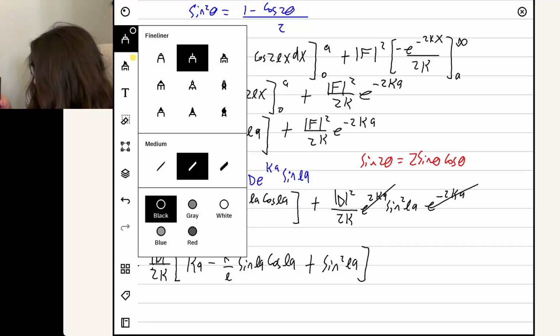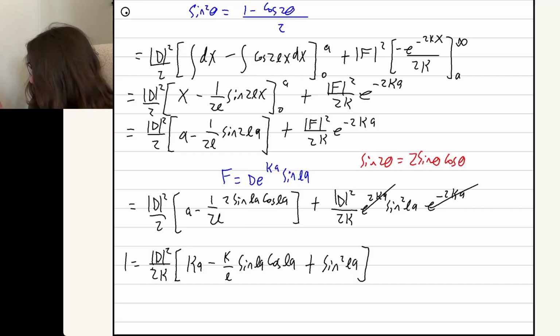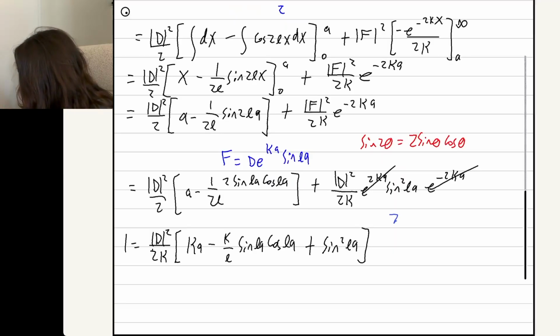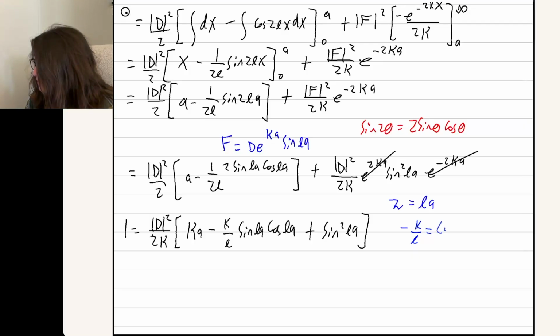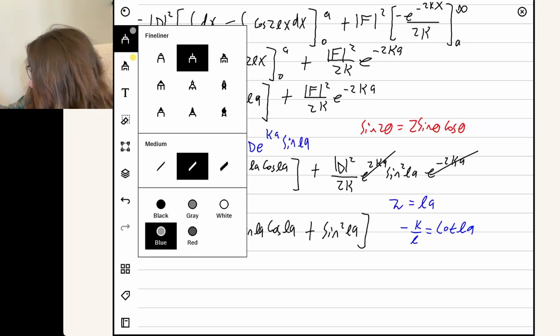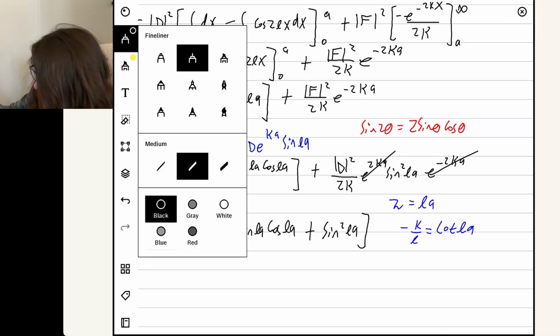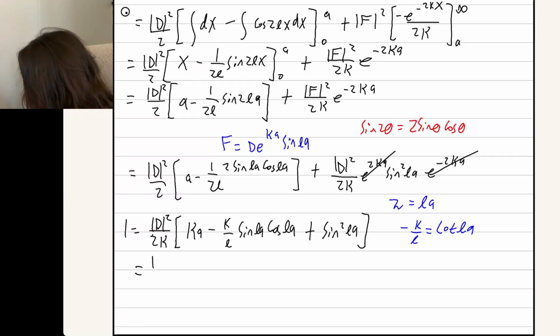I'm going to introduce a new definition, also from 229, but also like in the chapter, that z equals la. And another boundary condition result, we found that minus k over l was equal to cotangent of la, or cotangent of z by that definition. So we've got mod d squared over 2 kappa,